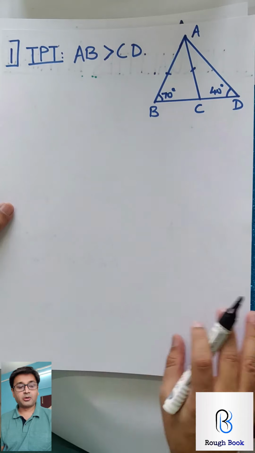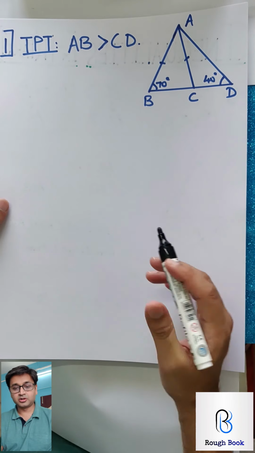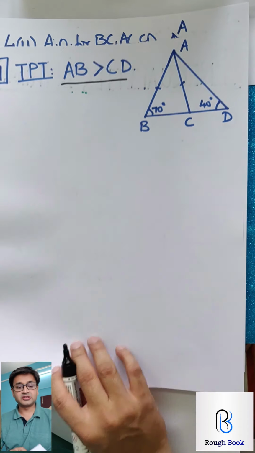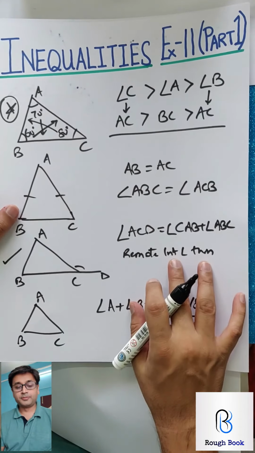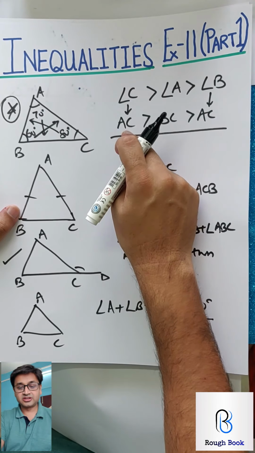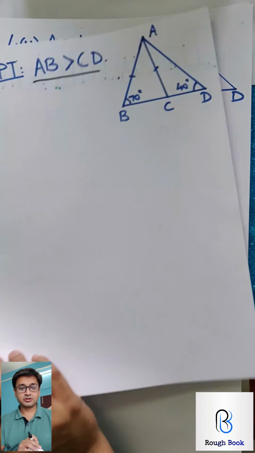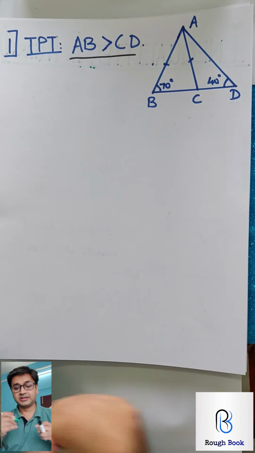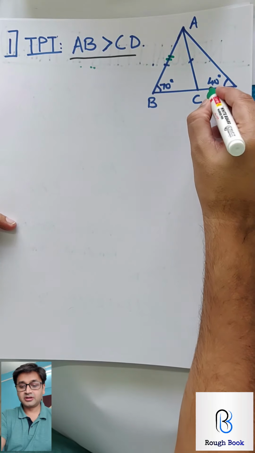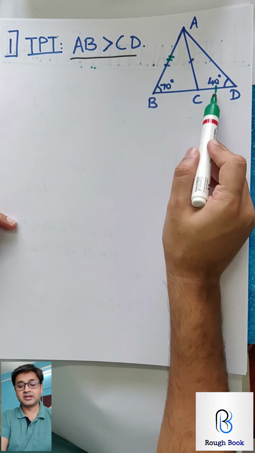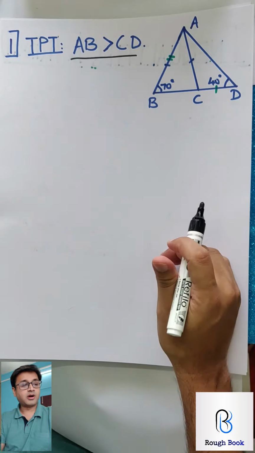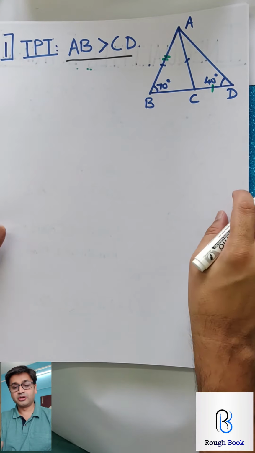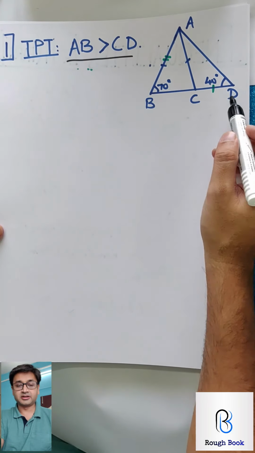So let's hit it. I want everyone to read sum number 1. Think about those 4 properties and see how you can achieve this. To achieve this, obviously you are going to use this property: opposite the largest angle is largest, opposite the smallest angle is smallest. Now our target is to prove that AB is greater than CD. AB is right over here, greater than CD. I have put 2 marks and 1 mark, so the 2 marks side has to be greater and the 1 mark side has to be smaller. So how are you going to prove that AB is greater than CD?